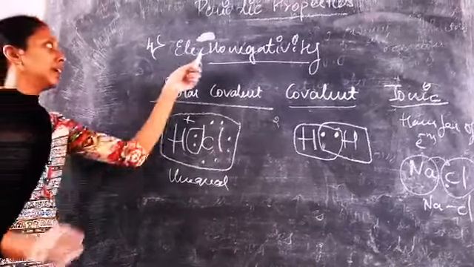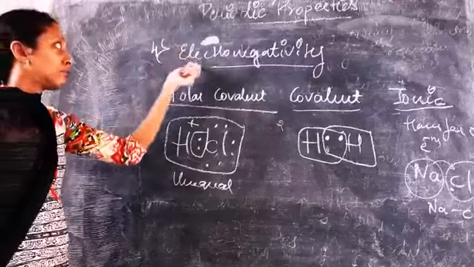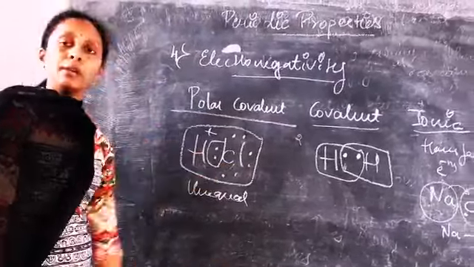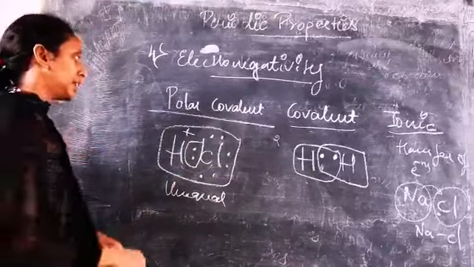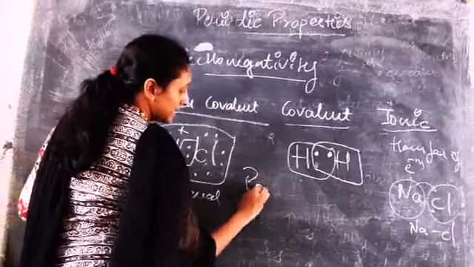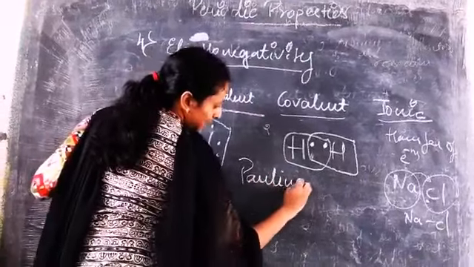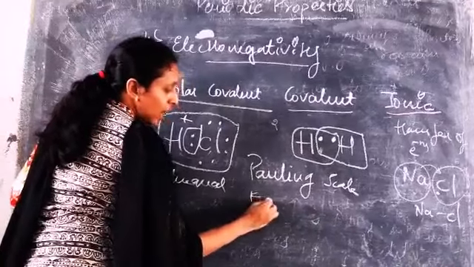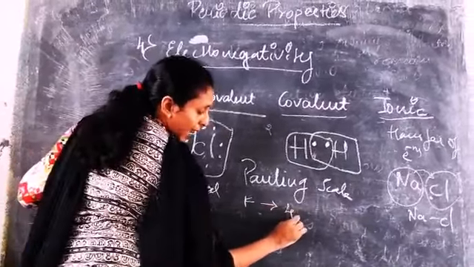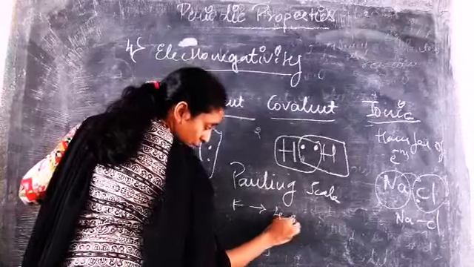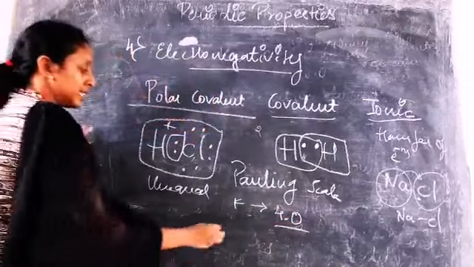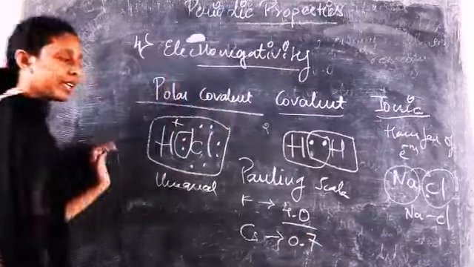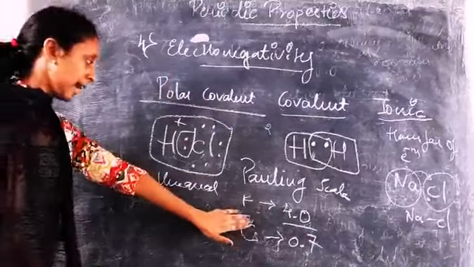So electronegativity was devised by many methods. The electronegativity of each atom can be known, but here mainly they use the Pauling scale. By the Pauling scale we came to know that fluorine is highly electronegative, having a 4.0 value. The least is cesium, which has a 0.7 electronegativity value. So fluorine is the most electronegative atom.